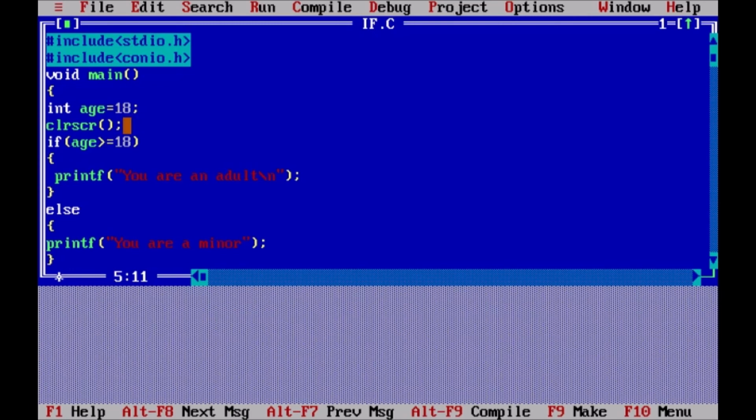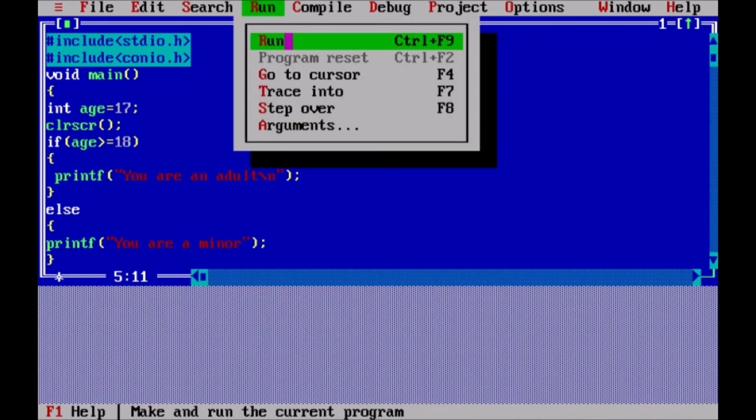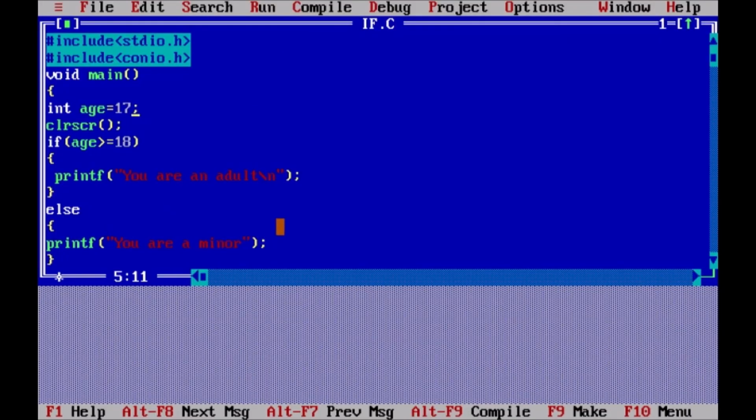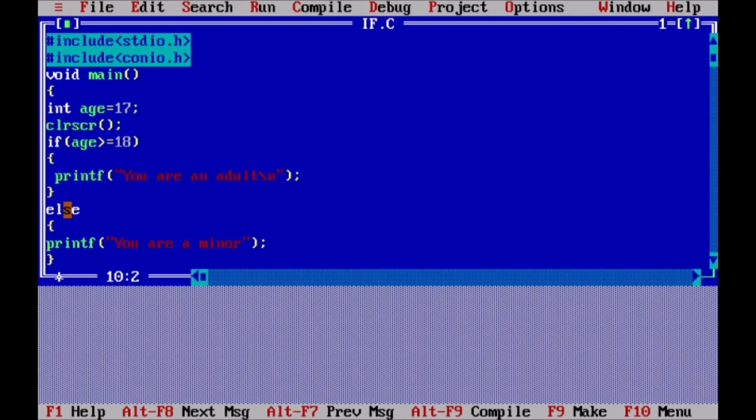So now let us change the value of this variable and check for the else condition. Let me write 17. Okay. Now you can see 17 is not greater than 18. Therefore, this condition becomes false and this will not get executed. Now, since this if is not getting executed, the else part will get executed. That means "you are a minor" will be printed onto the screen. Let us see. Yes, as we can see, "you are a minor" is getting printed onto the screen because the if condition is not true here. Therefore, it will immediately print whatever is present under the else statement.